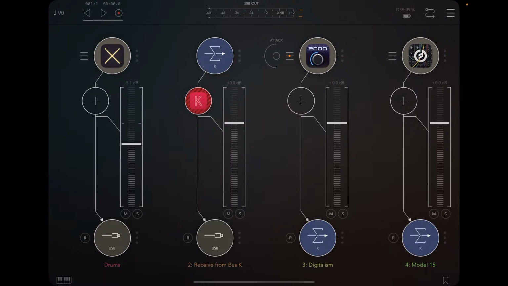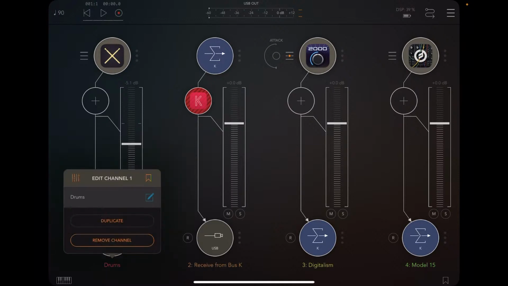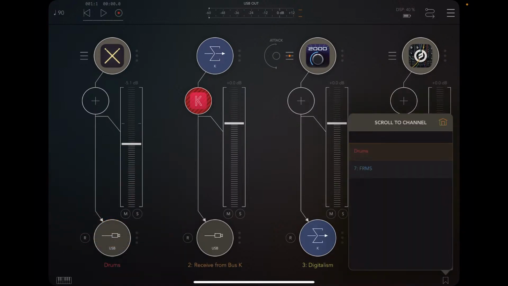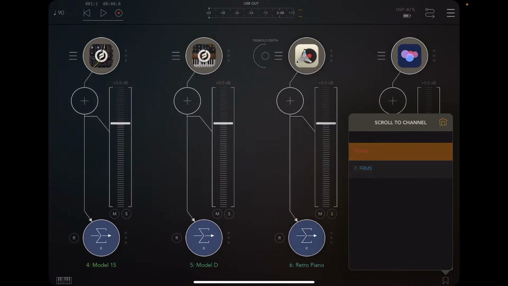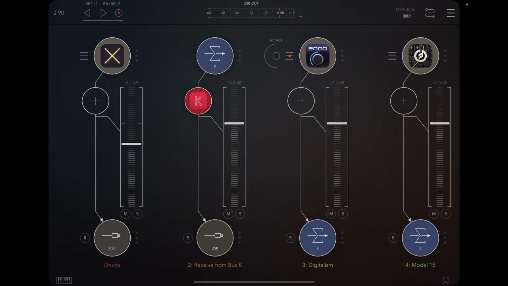So I should probably bookmark drums as well, so I can quickly go from the beginning to end. Beginning to end, like so. That's pretty cool. All right. And then